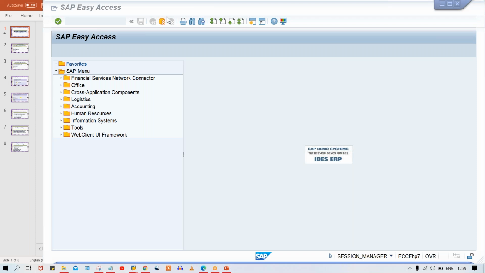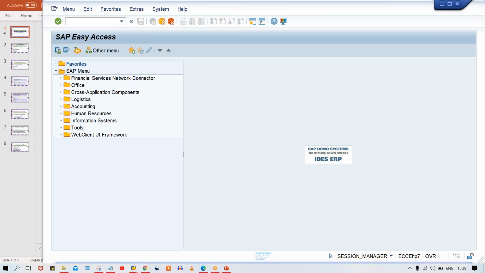So we'll use this transaction code F-90 itself. Use the transaction code here, F-90,